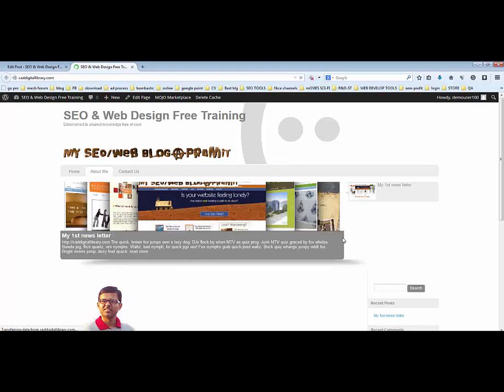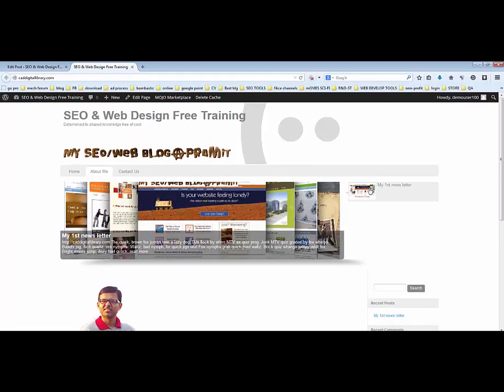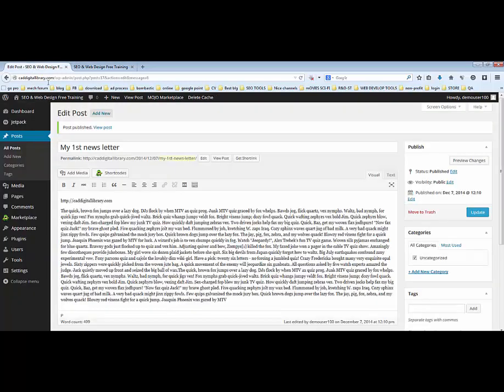Here you can see what the feature image looks like, and here also you can see a small thumbnail, my first newsletter. Like that, when you keep adding feature images, you can change them based on each new post. You can add a new post here, and again you can have this. So let us say I need to add a new post,